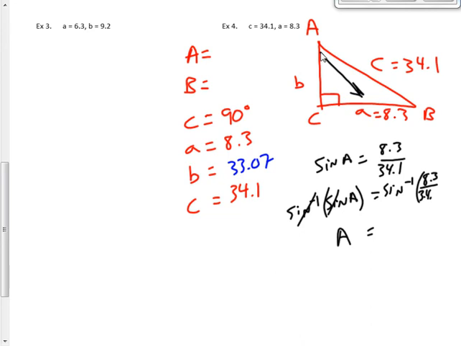Don't turn the fraction into a decimal until the calculator does it. So I want to do inverse sine of 8.3 divided by 34.1. I actually leave those as a decimal, so then you get a better exact answer. So I get 14.09 degrees